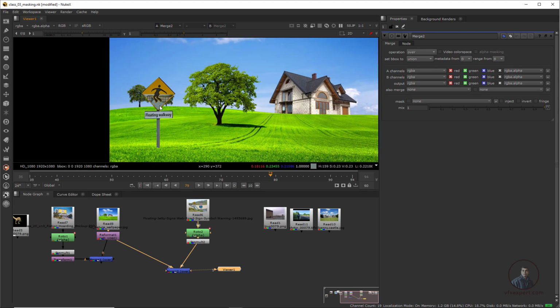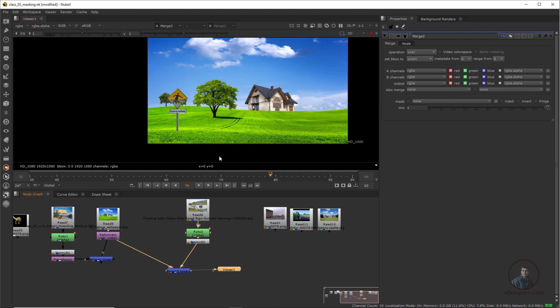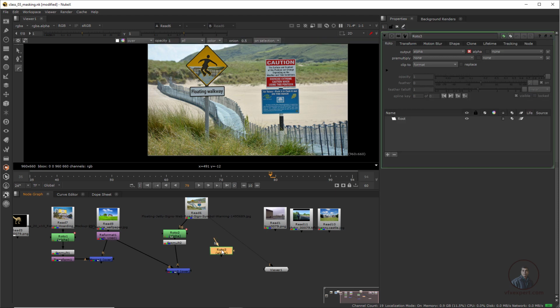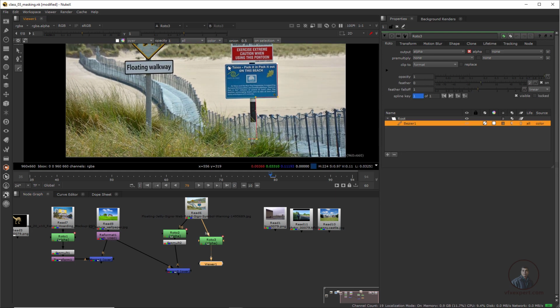Now we have composed our first object, this signboard here, and I also want to cut out this second one and composite it into this scene here. So how can we take it from the single image? For this one I am going to take another Roto node. I have not selected anything, press O for Roto node and connect it here, select this one, press 1, and create a shape for this one. So only this one I am going to take.